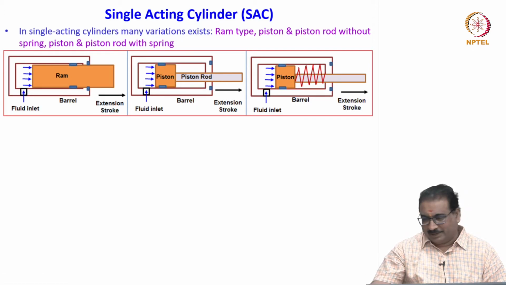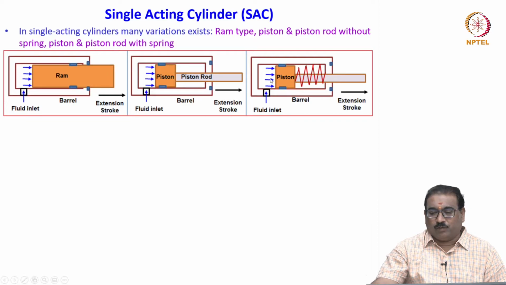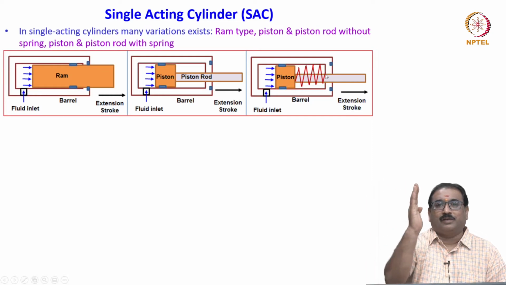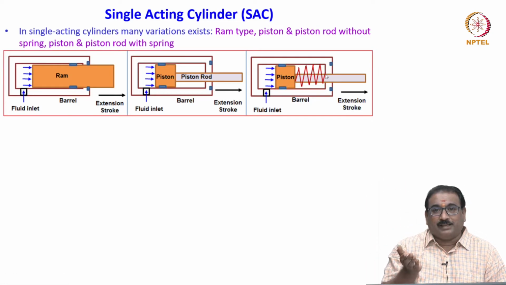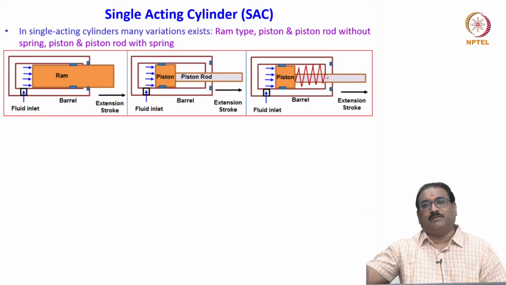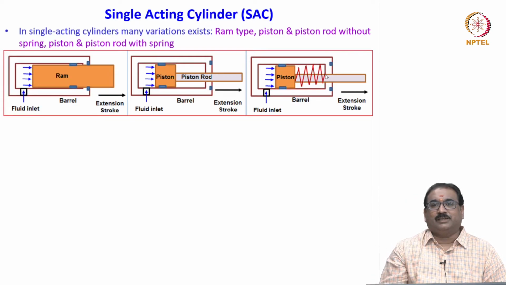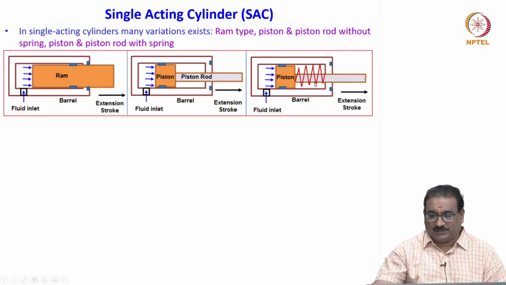Now, we will see the third one here, the entry of the fluid makes the piston rods to move. Then it will compress the spring. Once you cut off the fluid here and open to the tank or atmosphere, then what happens? The piston will move back due to the spring. Using the spring force, it will come back. You may use this, best suited for the horizontal direction, extension with the fluid power and retraction with the stiff spring fixed at the rod side.